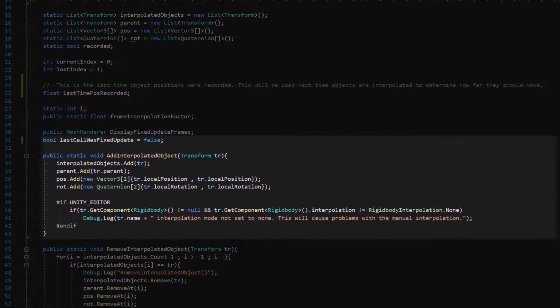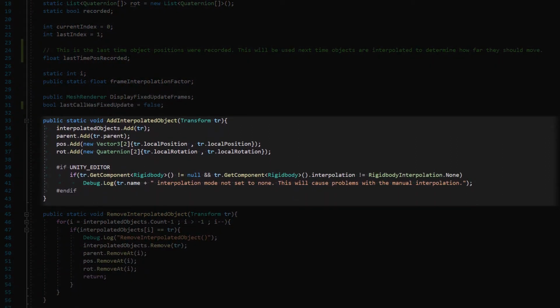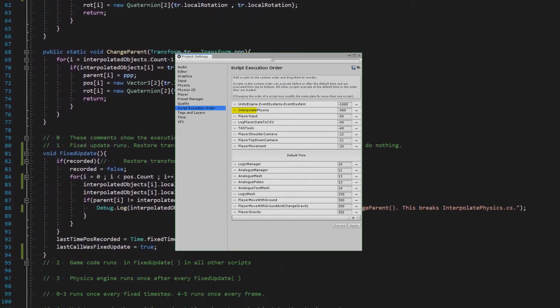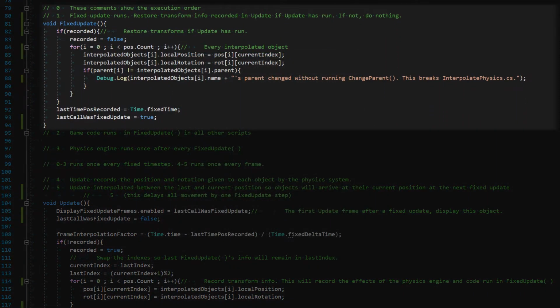This class has a public, static function all physics objects will call to add themselves to the interpolated objects list. This will record their current local location and rotation, their parent, and a reference to the object's transform. Every FixedUpdate before physics or any other scripts are run, this script runs. It starts by checking if an Update has run since the last FixedUpdate. If so, the location and rotation of every object we're tracking has changed in Update, so we'll have to restore the last FixedUpdate location and rotation since we don't want the interpolated locations we used to make things look